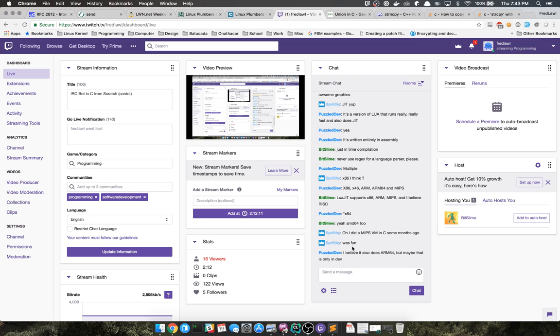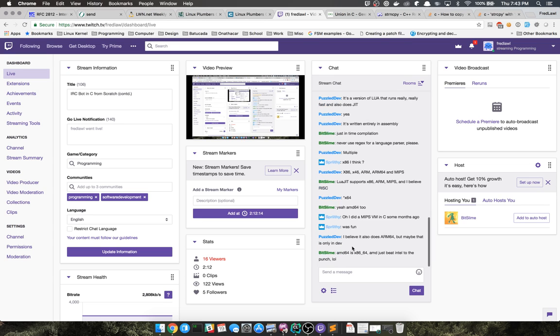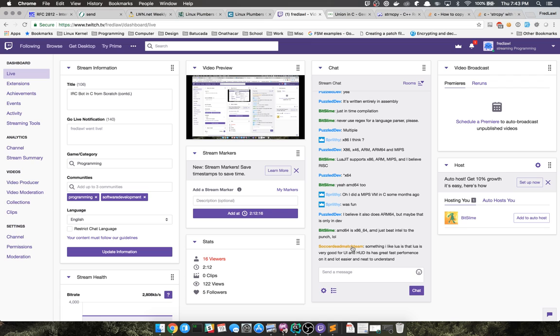Sprithy, you ought to do a video series of creating that virtual machine. Is it stack based or is it register based?